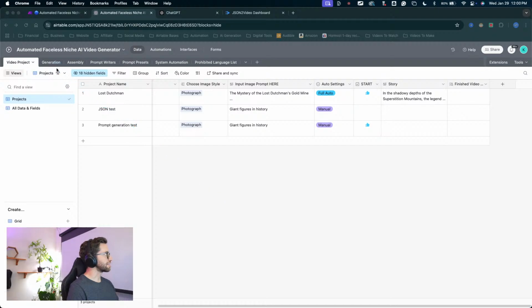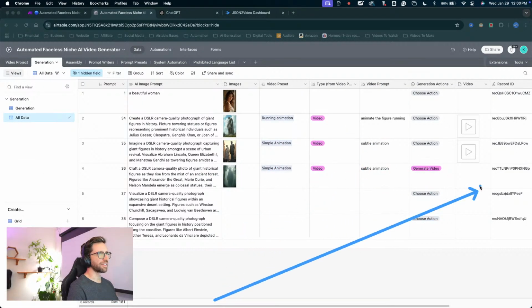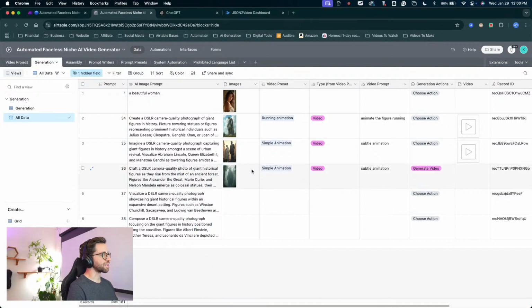creating some scenes in the generation table, and working through these automation chains. So just coming back into this one. Let's see where we're at. We've got